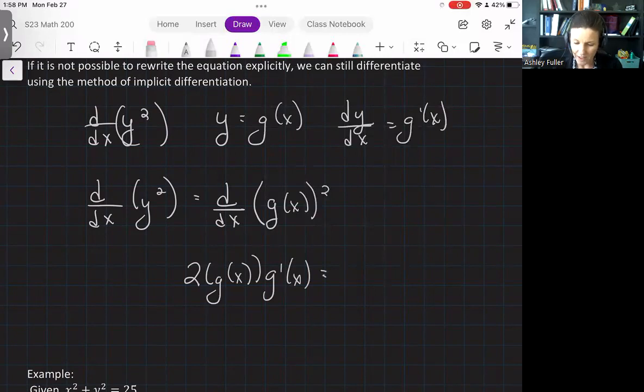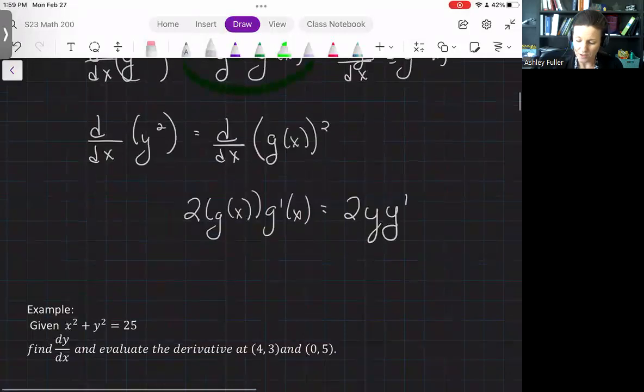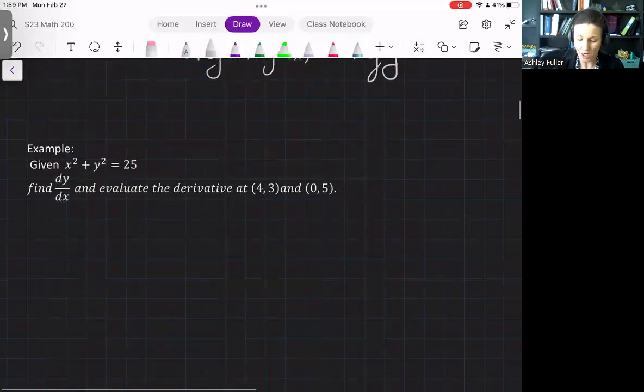And from there, I can get 2 times g of x is y, as we defined it here. And then g prime of x is going to be y prime, or dy dx, which is also the same thing as y prime. Well, from there, we could further use differentiation,